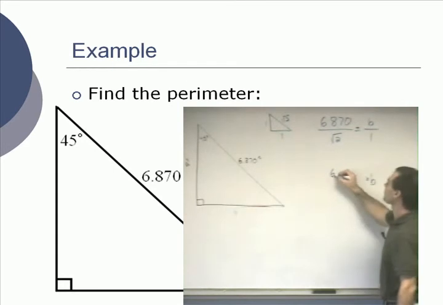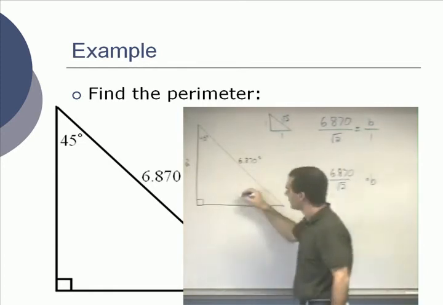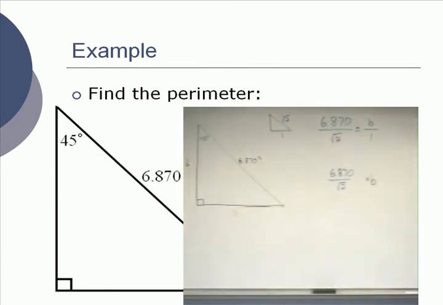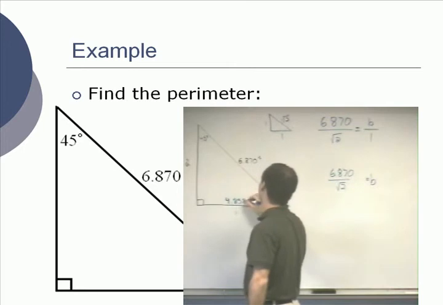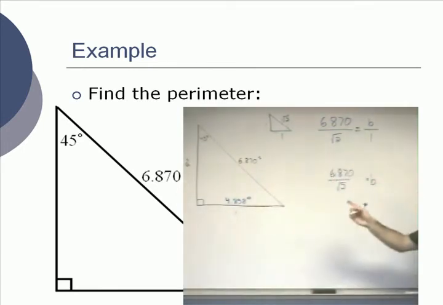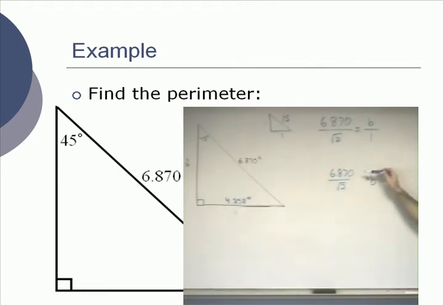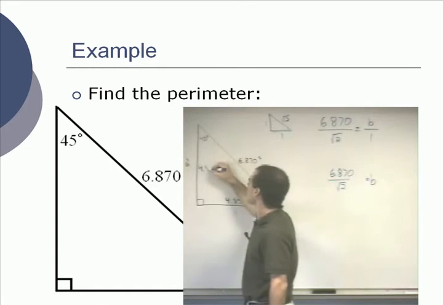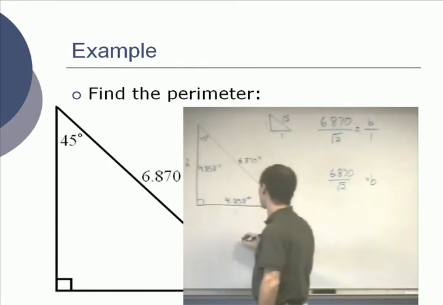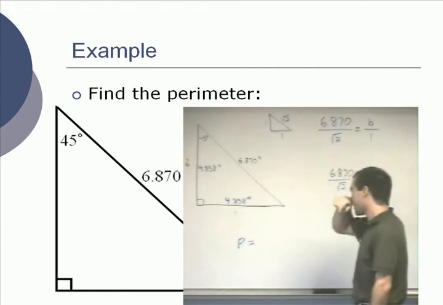So b equals 6.870 divided by square root of 2. And you get, I forgot it already. I should have had it memorized. Thank you. 4.858 inches with 4 sig digs. Everybody agree on that side? Use whatever technique you want, but this method is a lot less work than going through the Pythagorean Theorem. Which means a has got to be 4.858 inches. And our perimeter, which is the question that we really wanted to answer,